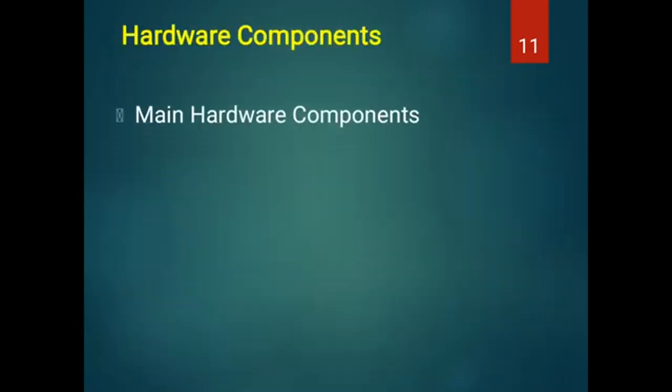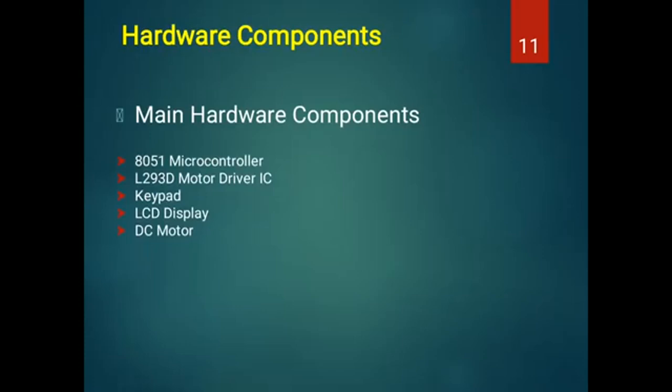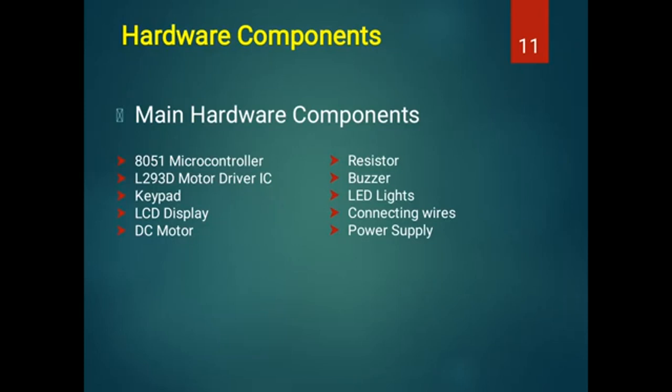Hardware component. The main component in the circuit is the 8051 microcontroller, which controls the output load through a password. Here the output load is a DC motor and buzzer, and an AT89C51 microcontroller is used. L293D is a typical motor driver IC which allows the DC motor to drive after getting a signal from the microcontroller.